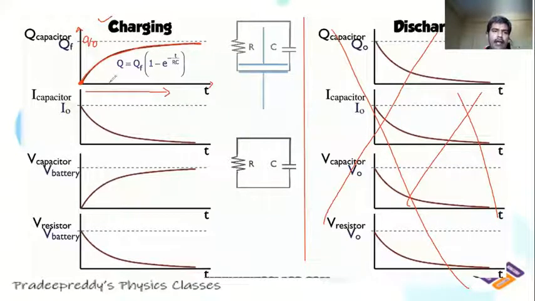Okay, and after one relaxation time, say t is equal to tau, what would happen? The capacitor is being charged up to a value of 63% of Q naught. That is after one relaxation time. After two relaxation times, what you will do? Simply take t is equal to 2 tau. Just substitute 2 tau over there. You will get one more expression for the charge on the capacitor.